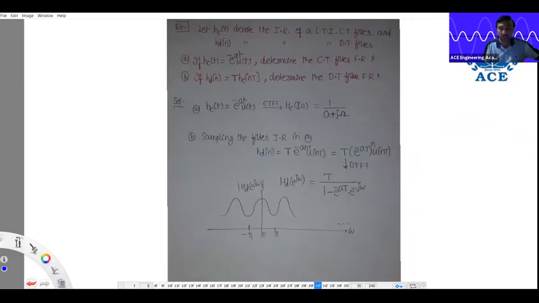Let h(t) denote the impulse response of an LTI continuous time filter and h[n] denote the impulse response of the discrete filter. h(t) is the continuous system, h[n] is the discrete system. Then it is asked for